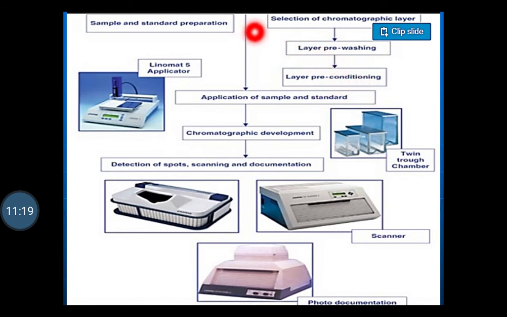So, the stationary phase is selected, the pre-coated plates are used, then the pre-coated plates are treated for pre-washing, and then pre-conditioning is done to increase the efficacy of the